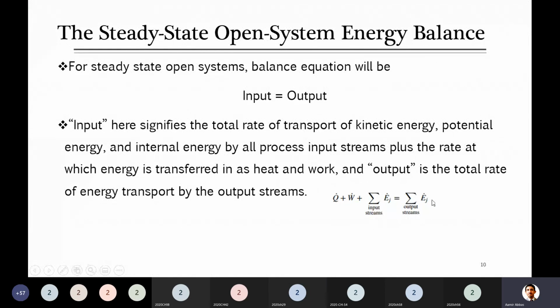And why didn't I mention Q plus W on the other side? I was just telling you that even before this you consider that this Q will be accommodating both terms, getting in plus out, and work also accommodates both terms, work in plus out. So this is actually net work and net energy. If it is in, it will be positive, and at the same time if there is negative, that is also subtracted here, and you just calculate the final Q. Similarly for the work you do the same. Agree?